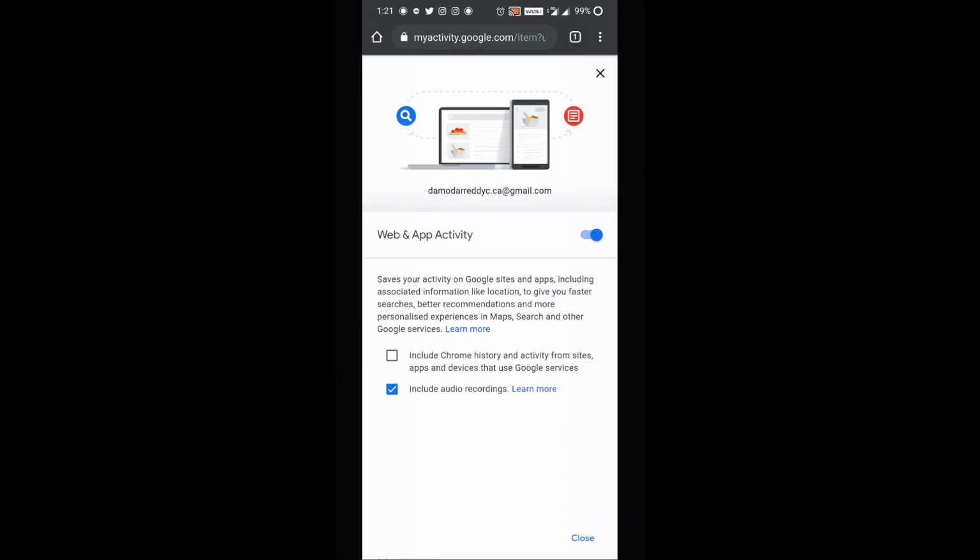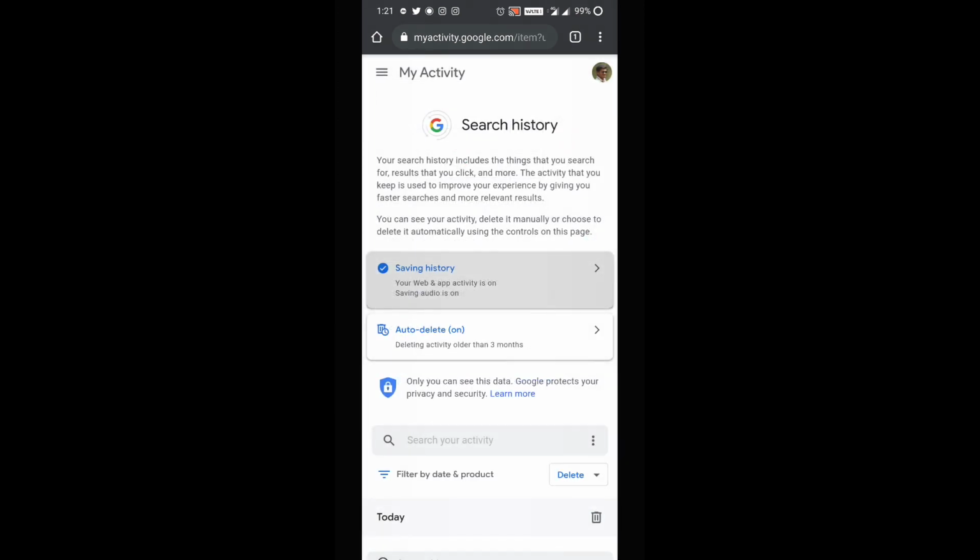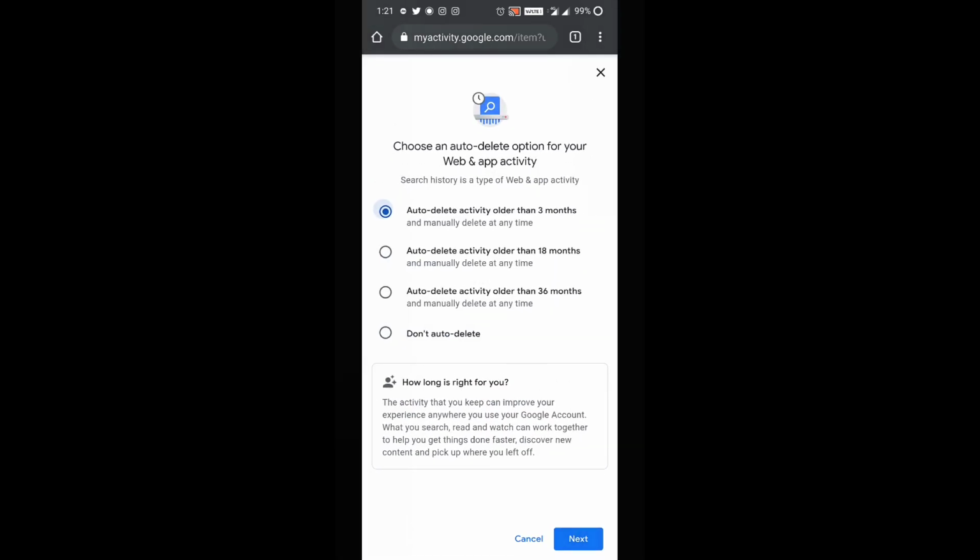Saving history: by selecting this option, all your web and app activities are saved by default. Next option is auto delete. Through this option, you can set when your data is deleted automatically.